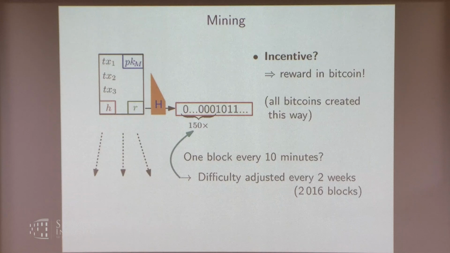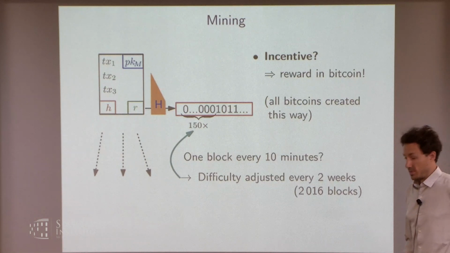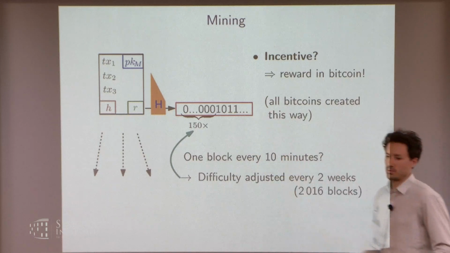Is this 150 the right number for now? I don't know. I think I didn't adapt it. I gave this talk a while ago, and I know that in between it definitely was less. But what I looked at was the energy consumption, and that's basically back to that, which means that, assuming that electricity or mining hardware didn't change that much, it's probably around this. What's the number 150? The number of zeros, yes, in a binary representation.